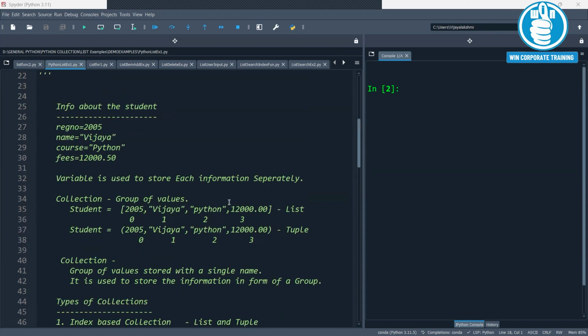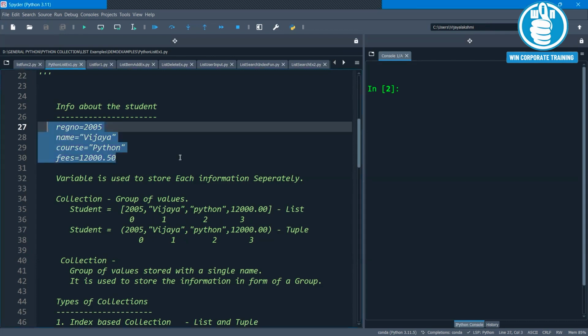For example, I want to store the information about a student, like registration number, name, course, fees. To store this information, I have used 4 different variables. If you see, all the 4 variables contain the information about one entity, the student.